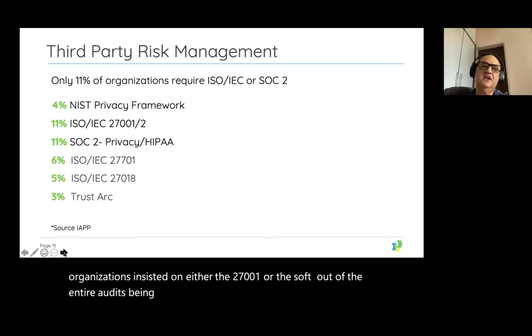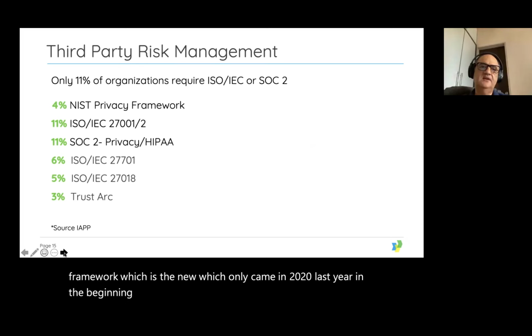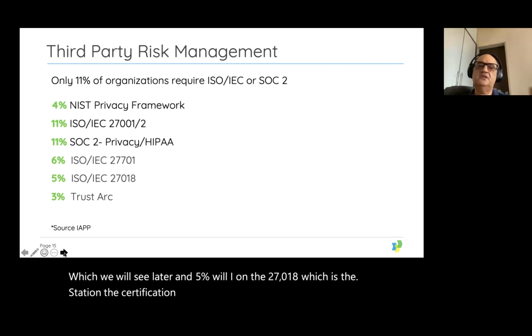And 4% relied on the NIST privacy framework, which is new, which only came in 2020, in the beginning of last year. And about 6% rely on the 27701, which is a specific PIM standard, which we will see later. And 5% rely on the 27018, which is the certification for privacy or the PII data in the cloud environment.